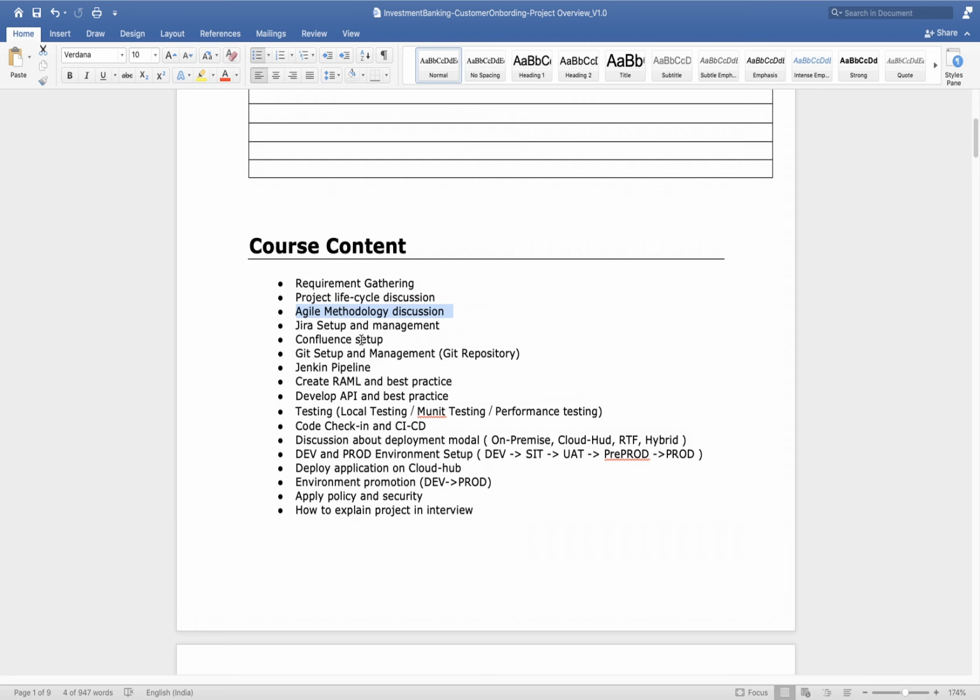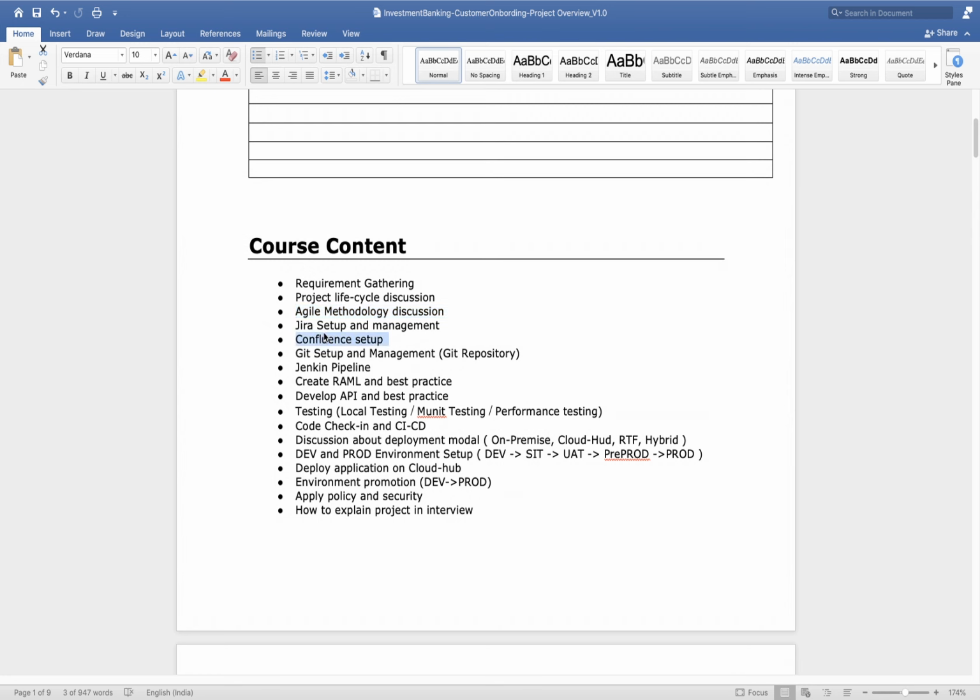Confluence is a kind of central repository where you can maintain your documents. In an organization, you will have thousands of documents, and those documents should be shared within the organization. There will be multiple employees working on the same project. So whatever document I created should be accessible to my colleagues, and whatever they have created should be accessible to me. So we need one central repository for documents where we can easily create and manage documents.